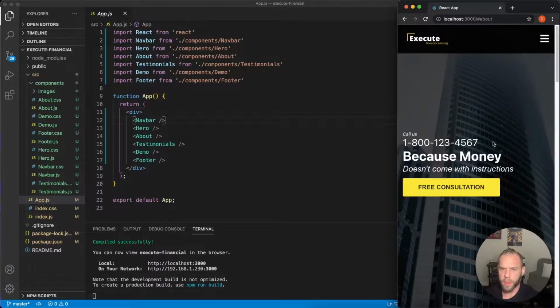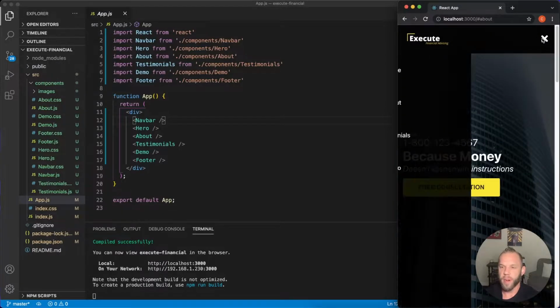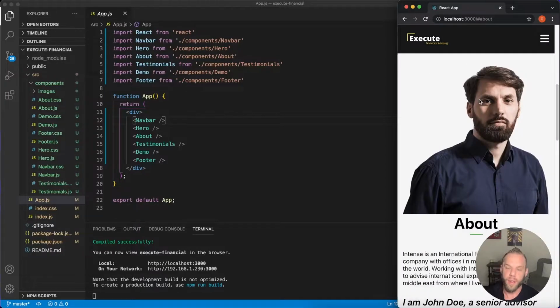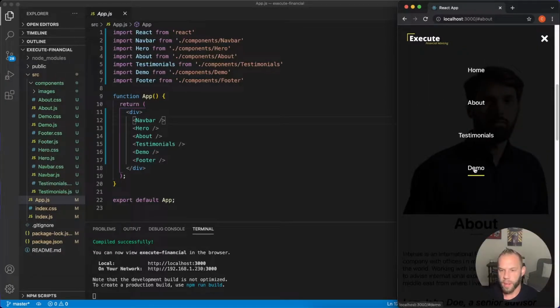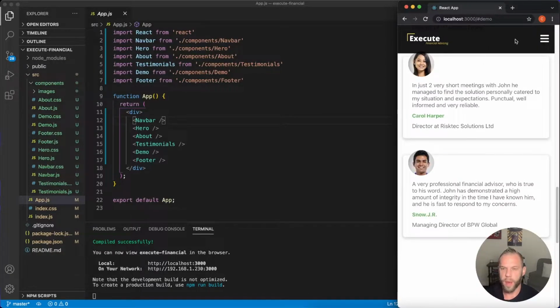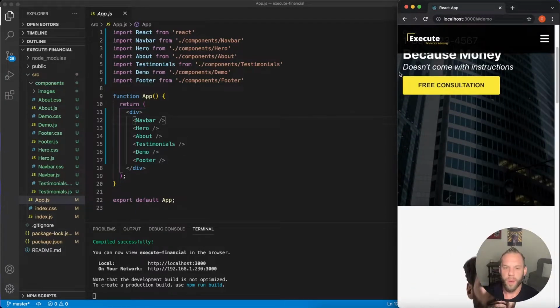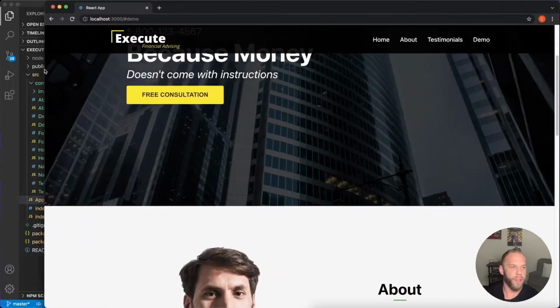As we scroll up to the top here, notice the nav bar. There's a little bit of an overlay, so you can kind of see through our nav background here. And also, I'll show you, as you click on a link in the nav bar, notice the menu closes. That's something we have to code here as well, and I'm going to show you how to do that. So if you're ready to get started, I'm going to show you how to code this